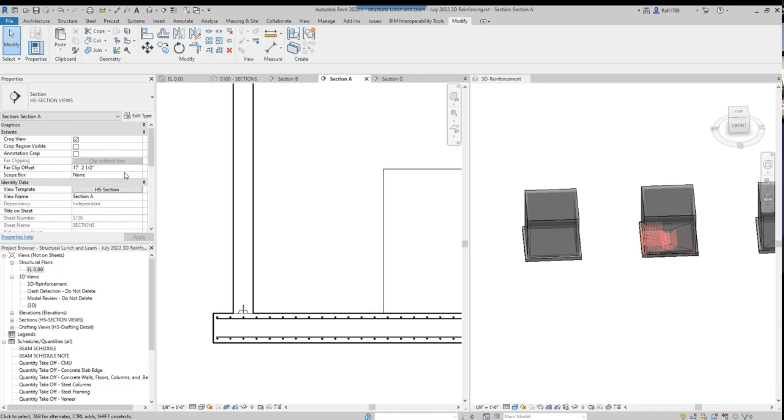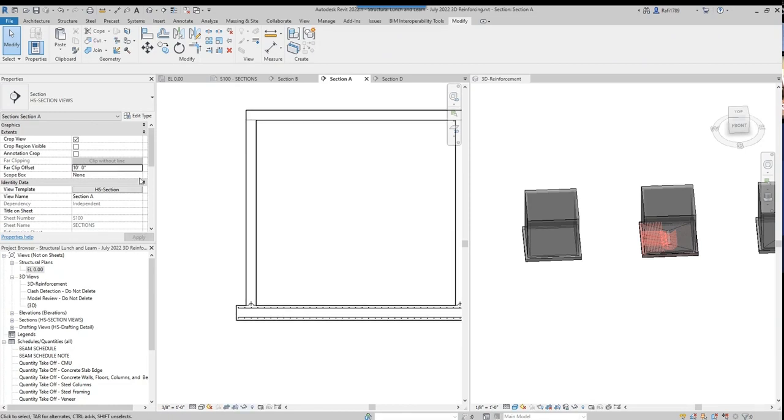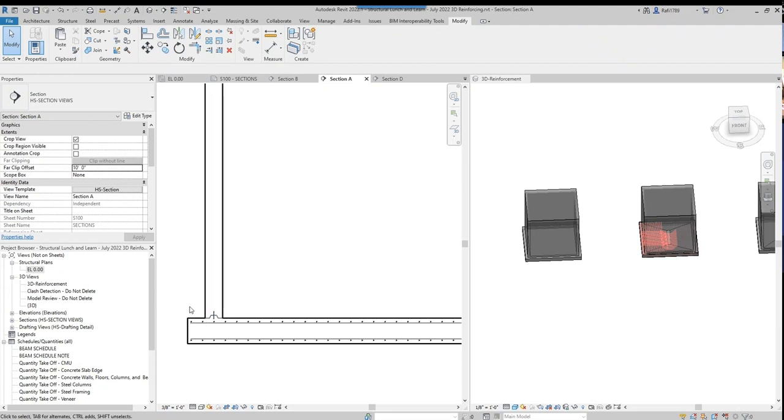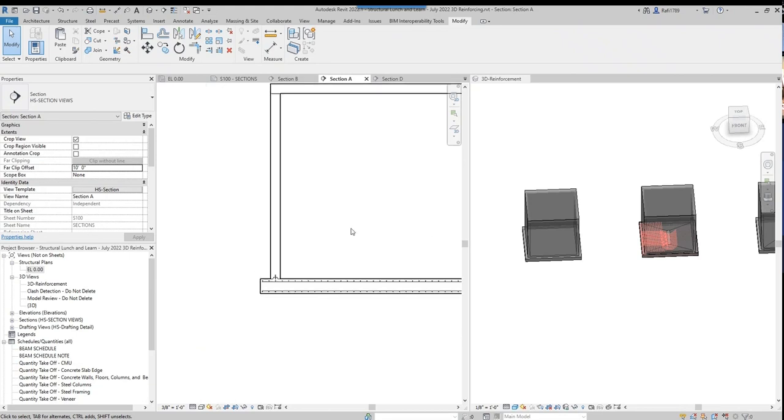All right, I don't want to see that hidden line, so I'm just gonna bring this back. There we go. I just changed my far clip offset. I don't want to see the hidden line for the thing beyond,